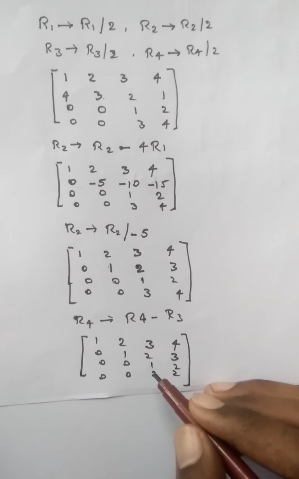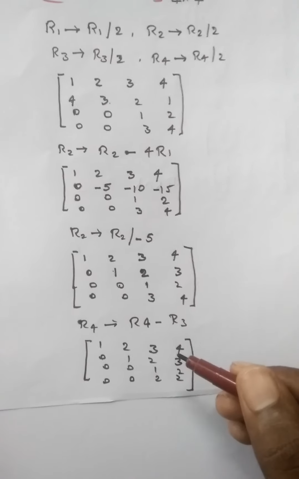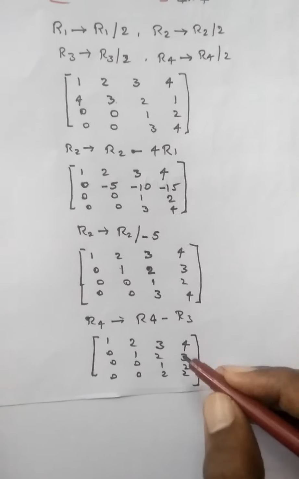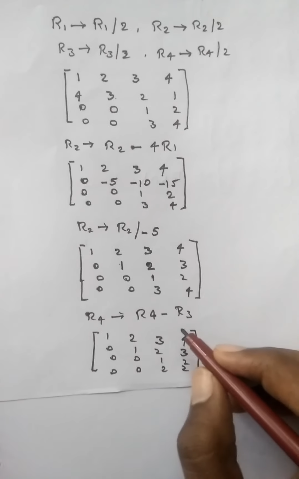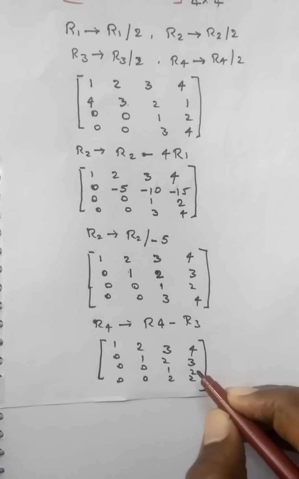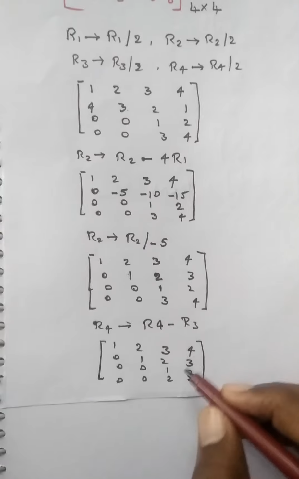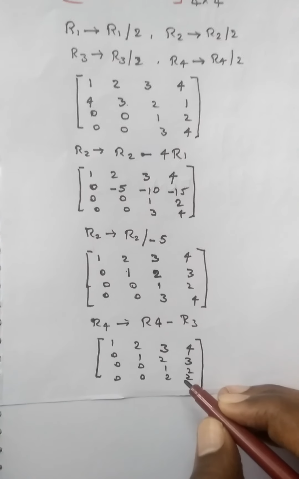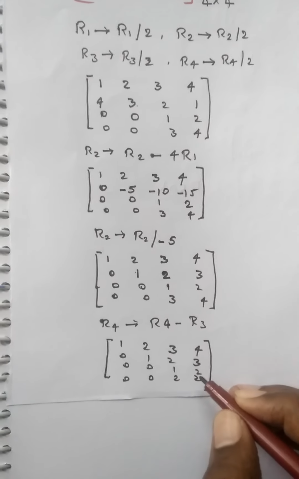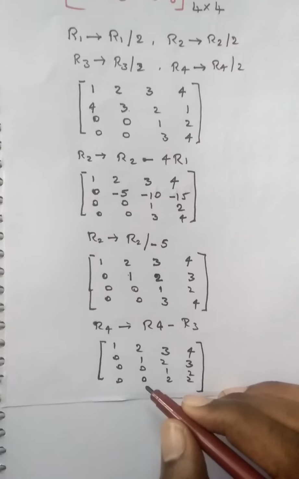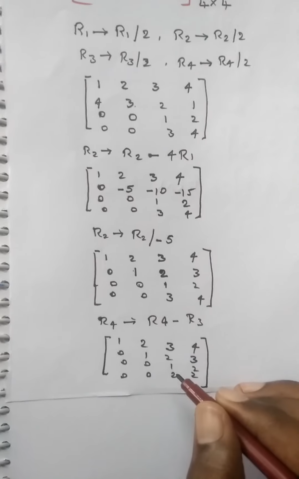So we don't have any further process to find the answer. The 4 rows have some values, the columns have some values, so the rank is 4. Why? Because R1, R2, R3 and R4 all have some values. We don't have a further process to cancel the rows. The fourth row has some option, but it is not applicable to get zeros. Why? Because 2 divided by 2 is 1, 2 divided by 2 is 1. We want zeros here, but we get some values, so that is not correct.